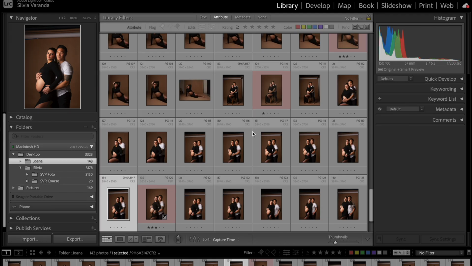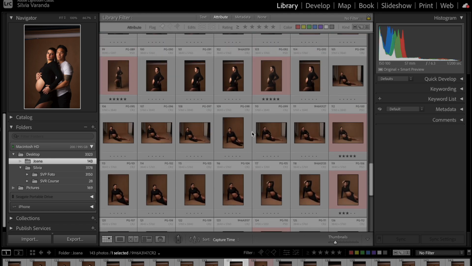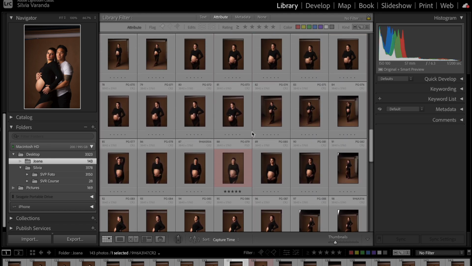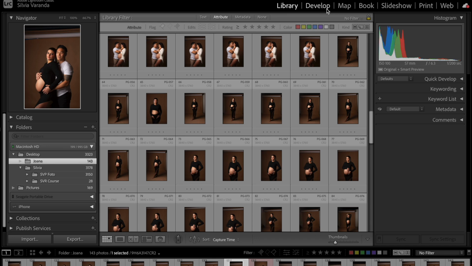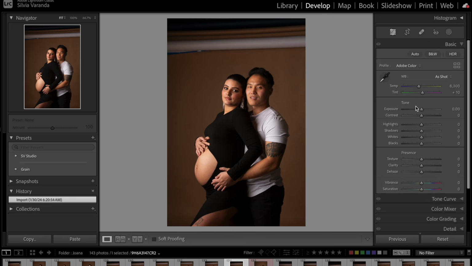Also, it is perfect and very easy for you to organize all your photos here and give stars, color labels, and many other things that you can do to organize your photos. It's easy for you to do some basic editings or a little bit more intermediate editings on your photos as well. It is easier for you to build an editing workflow. This is really important for you to optimize your time when editing the photos, because that can take a lot